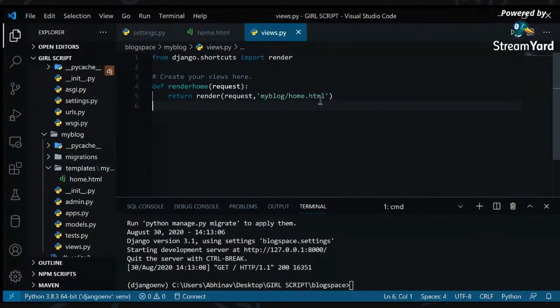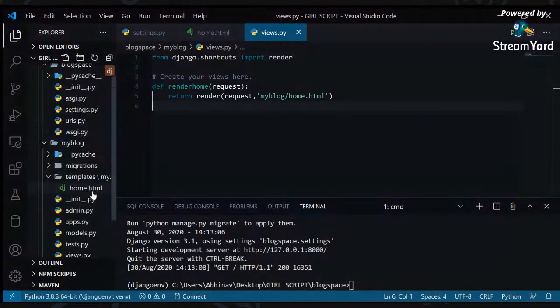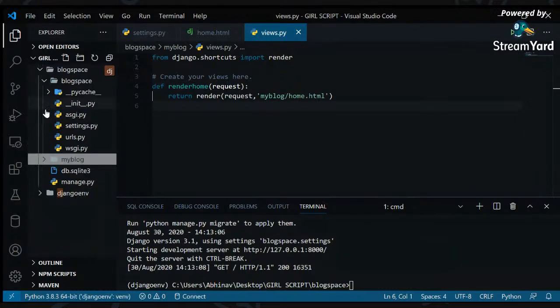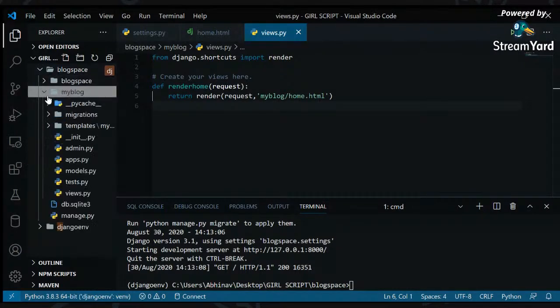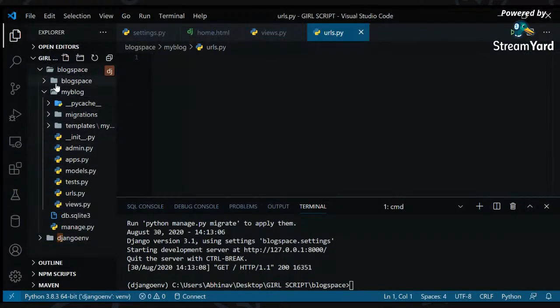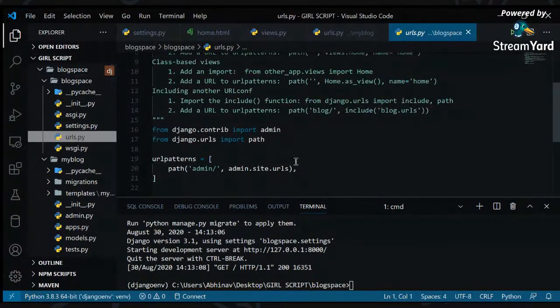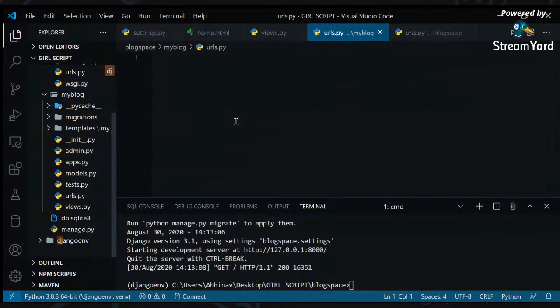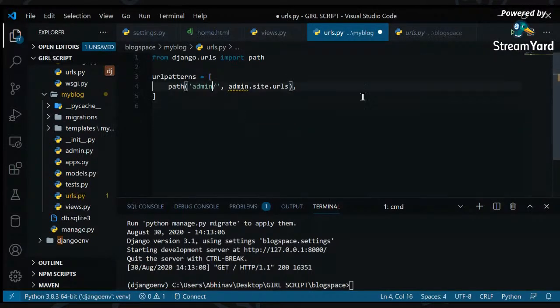So once you've done that, and you have updated the views, what we'll do is go to the urls.py of our app. Since you can see there's no urls.py in it, we'll create a urls.py in it, and in this what we'll do is